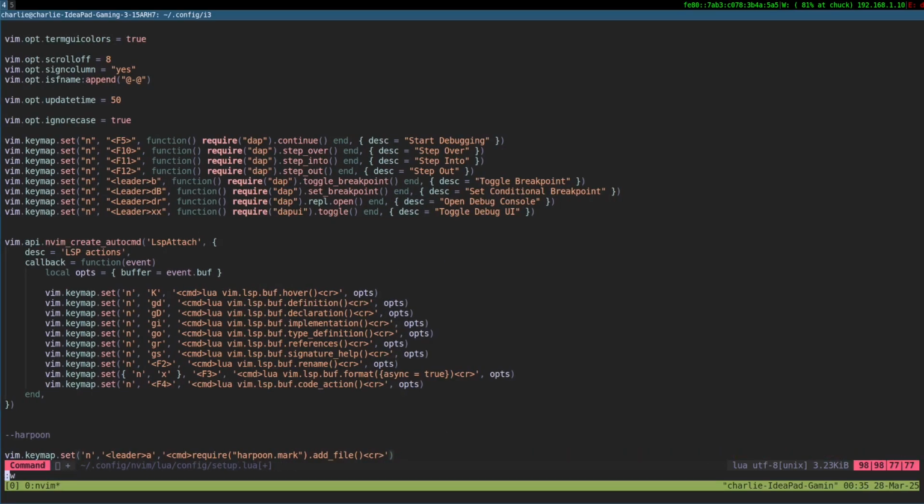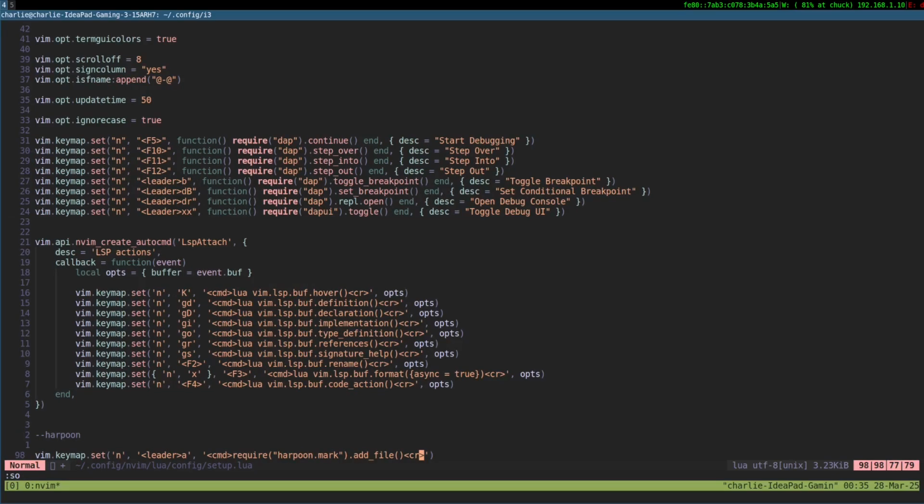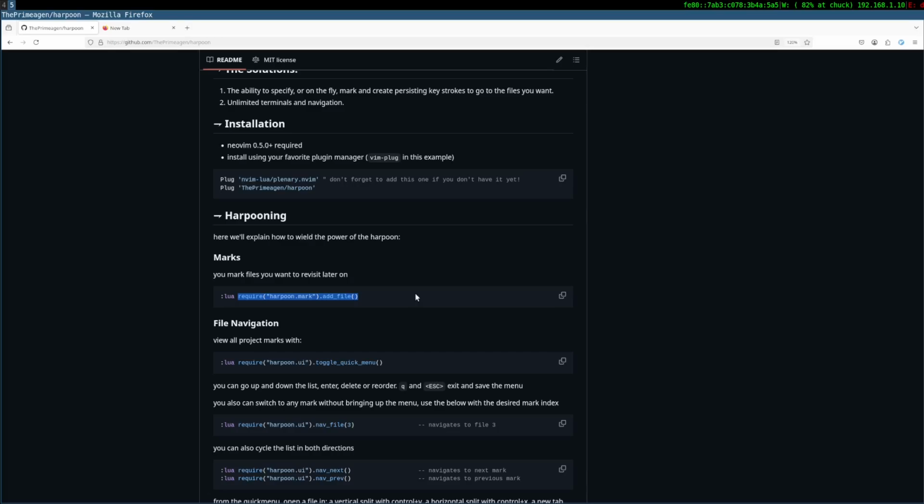So if I do this, okay, not an editor command. Why? Oh, my bad. So yeah, I need to check my UI first.